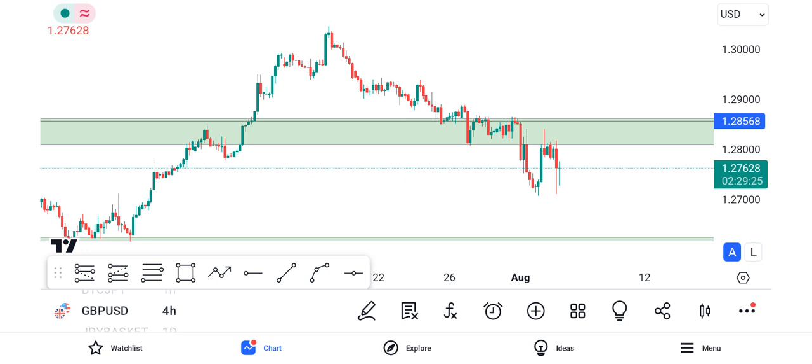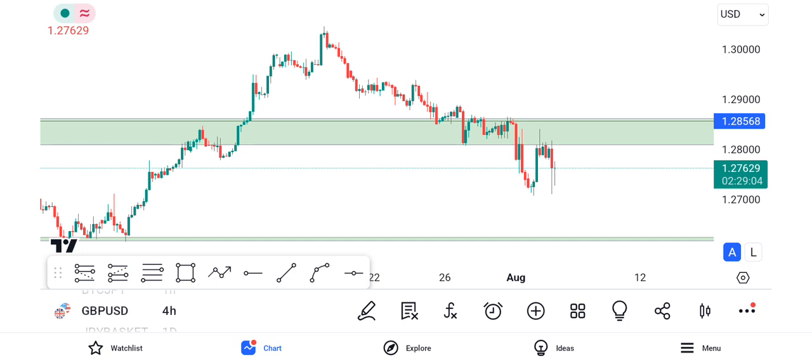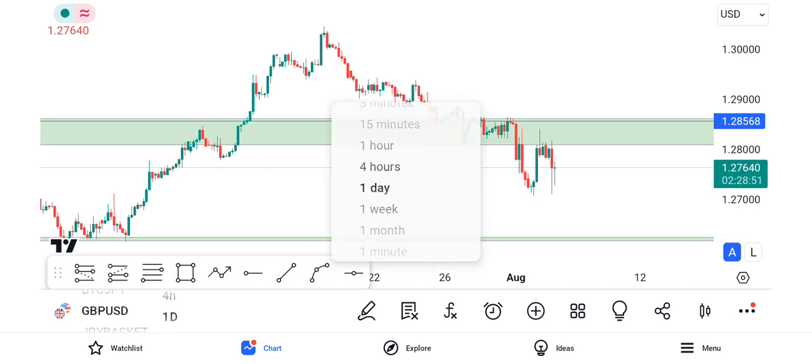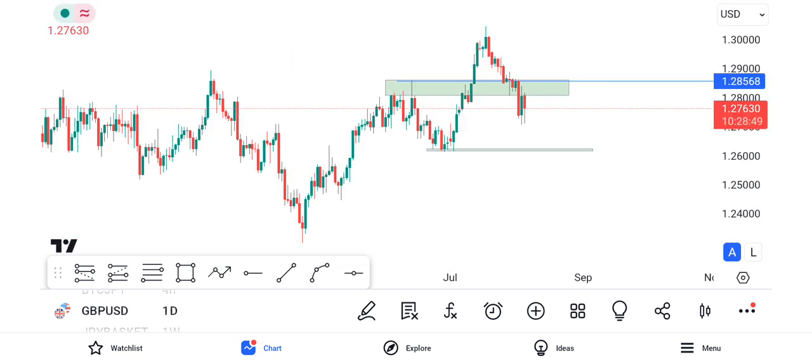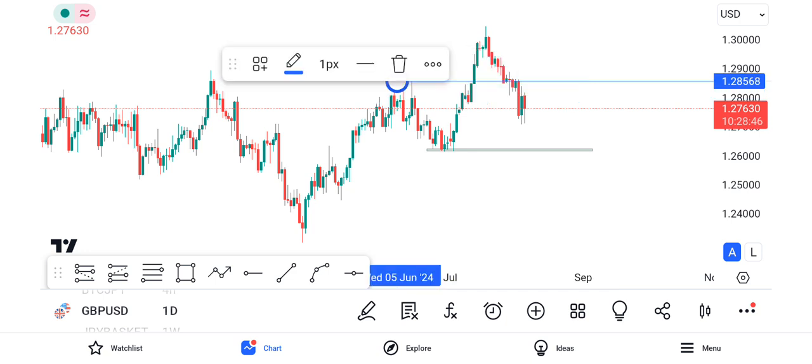So price broke that resistance that was supposed to turn into support. It broke it and then, you know, gives us a clue that here this price really wants to go down. But if we scale back to the daily time frame right here, let me create this area right here. If we scale down to the daily time frame,